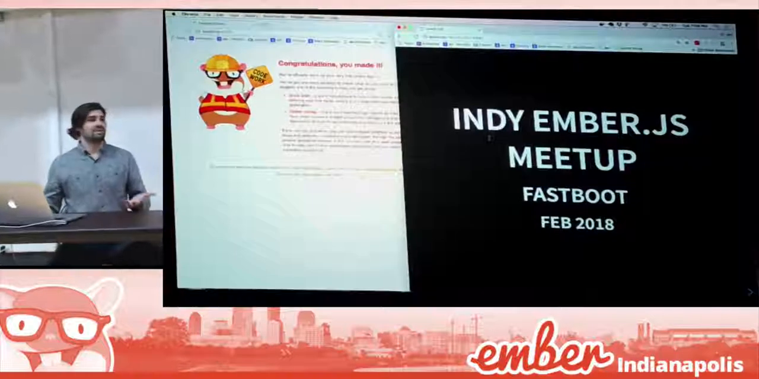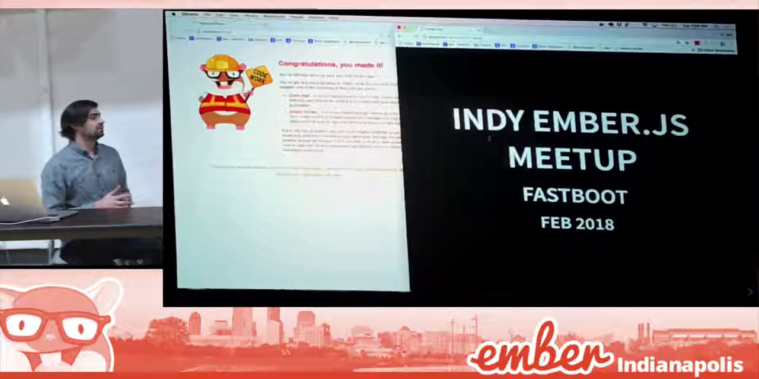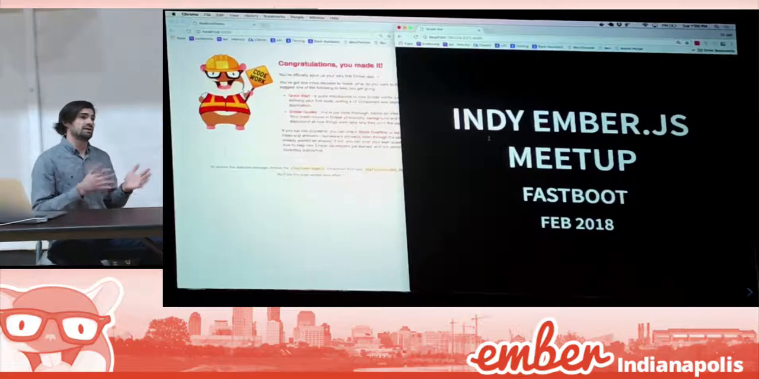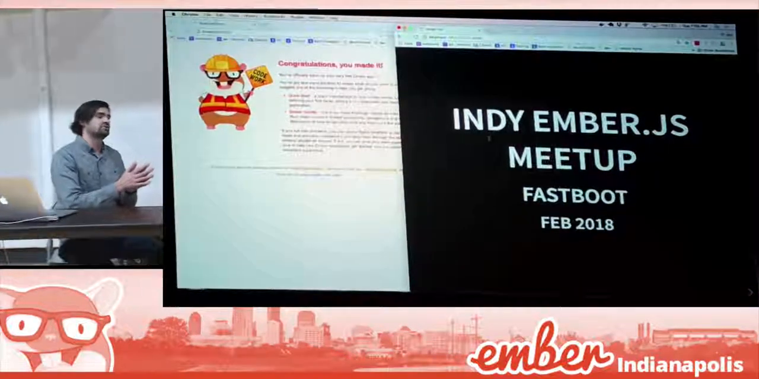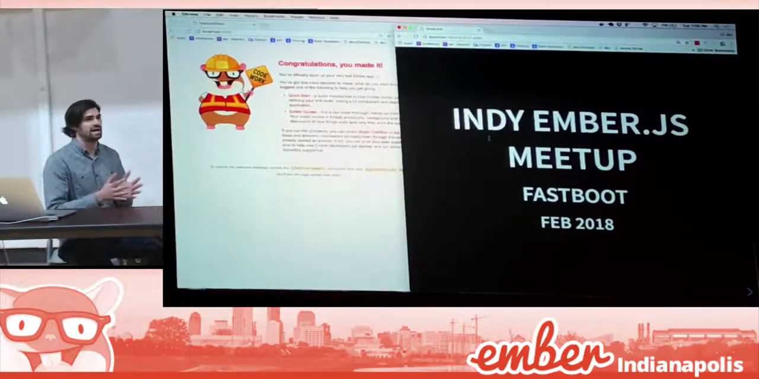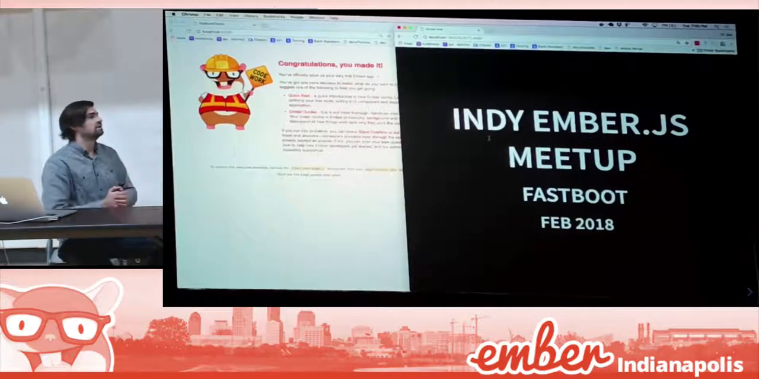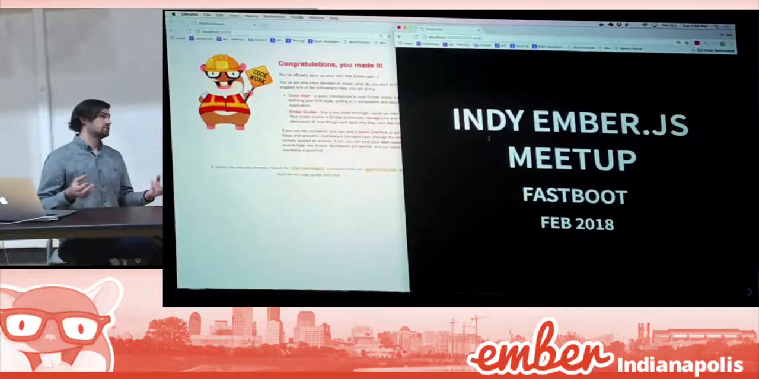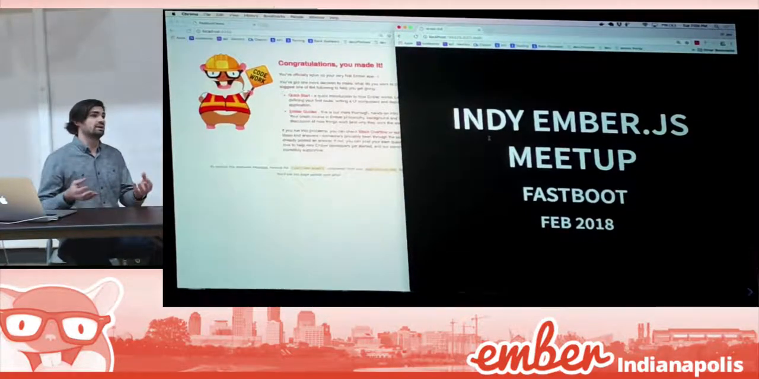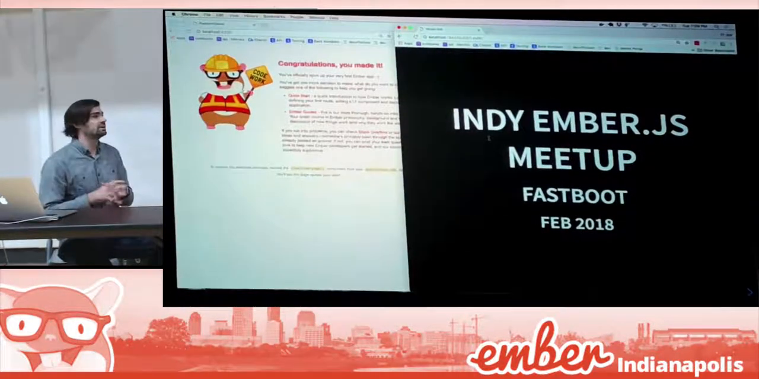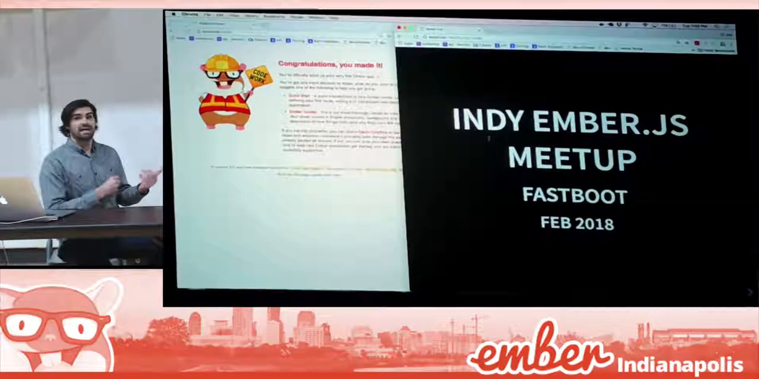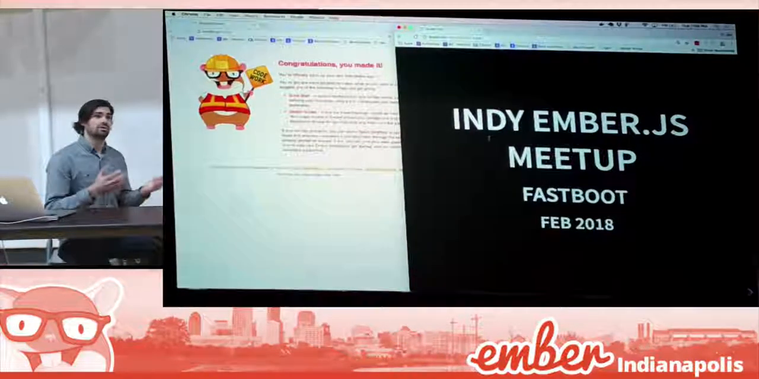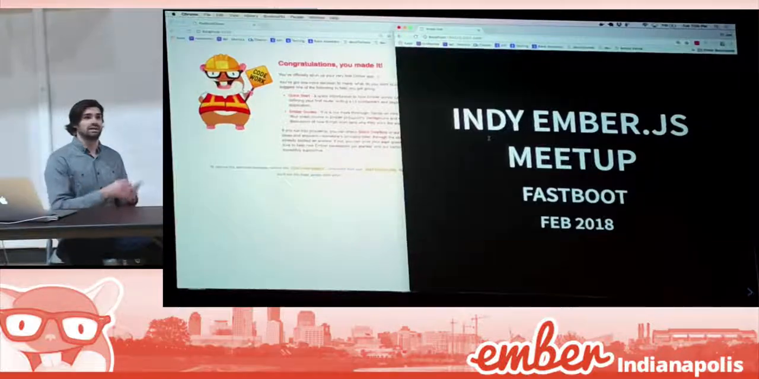So tonight is about Fastboot. The whole concept around Fastboot is server-side rendering. Whatever JavaScript framework you're using, React, Angular, Ember, any of the others, they're client-side frameworks. They want to create and do everything client-side, which is not very helpful for SEO purposes. So when you have Google or other search engines wanting to crawl your site and they come to your site,